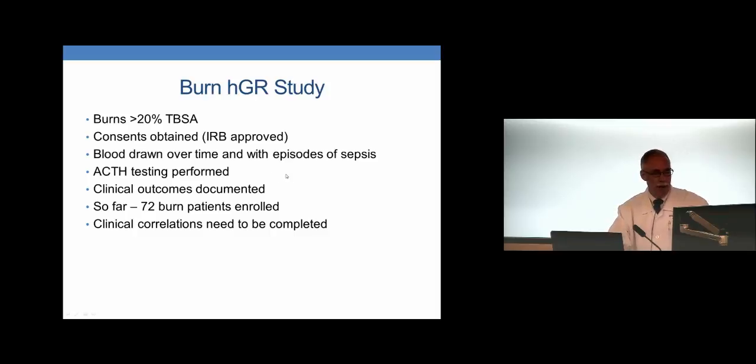We're looking at how many people there are. We've done now actually 72 patients. And fortunately, I have funding now for 4.5 more years to look at this, so we may have quite a few patients. We are still going through the correlations, and we need to know if the different form is created during times of sepsis, or if someone dies, they have a variable form, so we have to go through it